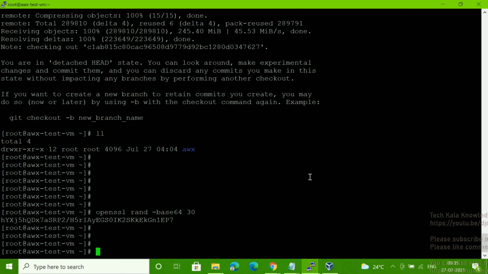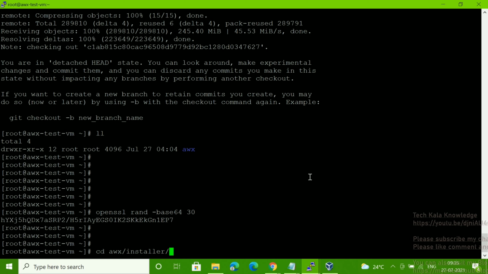Fine. So now we have to go and edit the inventory file, because we have to change some parameters inside the inventory file. Okay, so you can simply go like this: cd awx/installer.